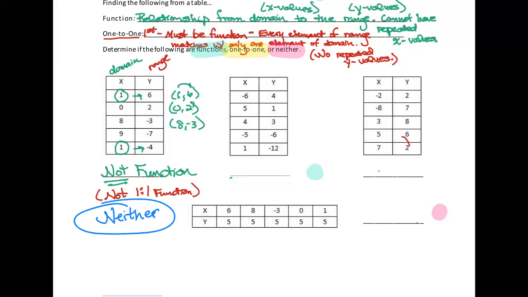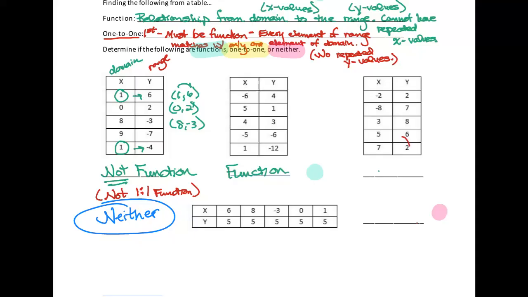Let's take a look at the table to the right. So here we have -6 goes to 4. 5 goes to 1, 4 goes to 3, -5 goes to -6, 1 goes to -12. Do I have any repeated x values? Okay, so that means it is a function,